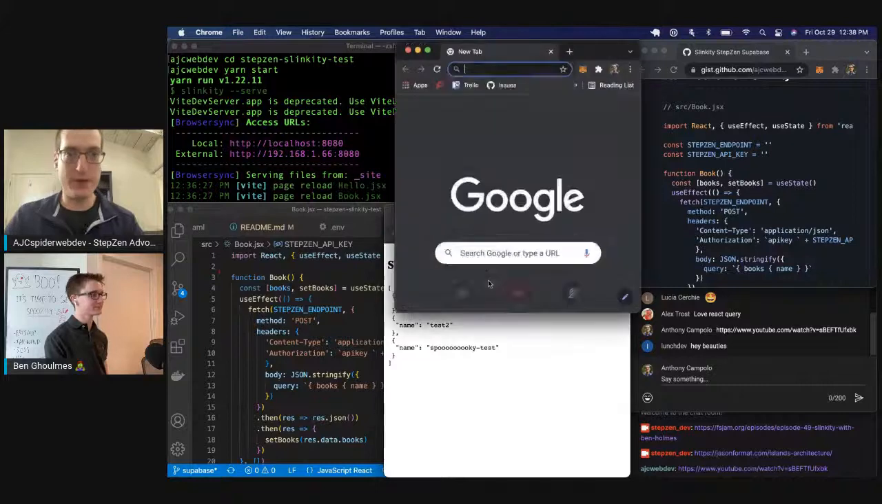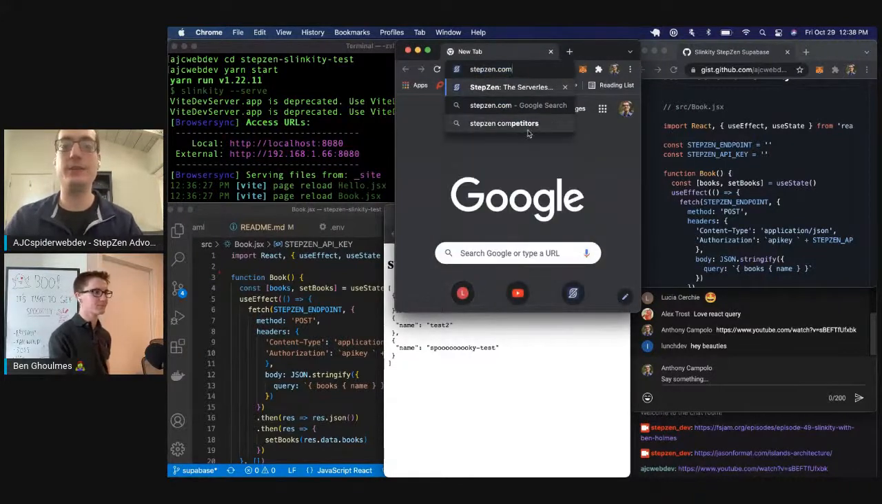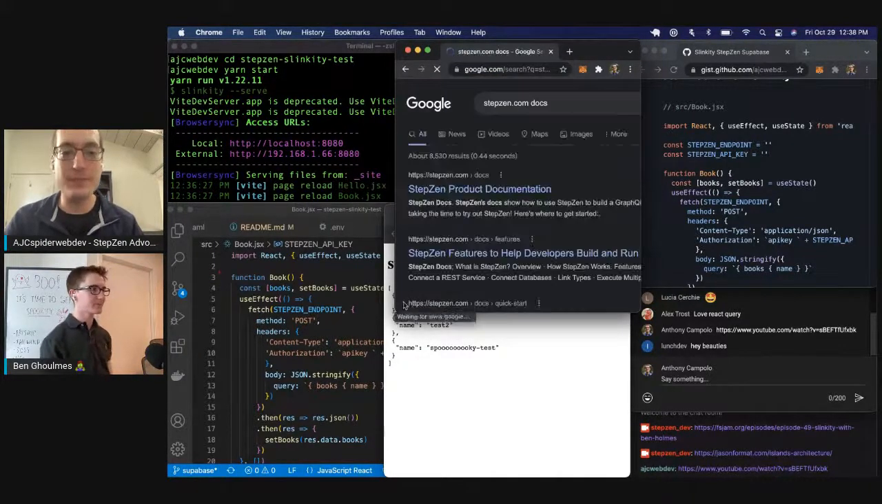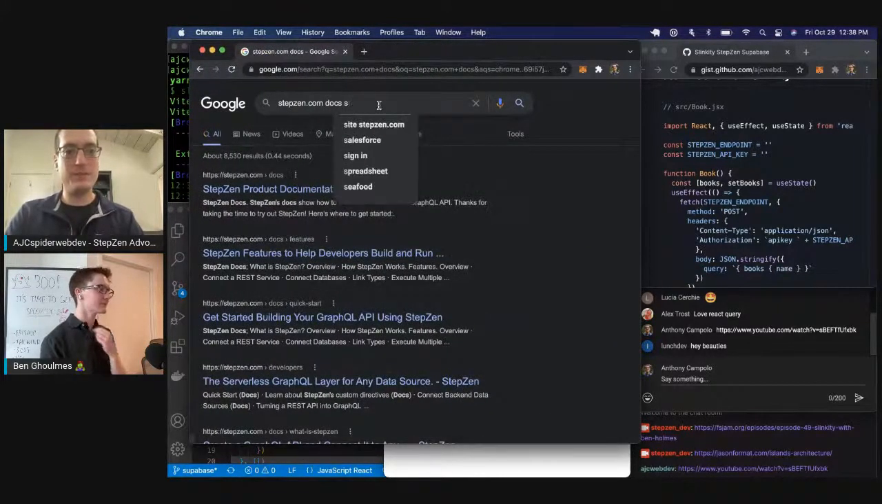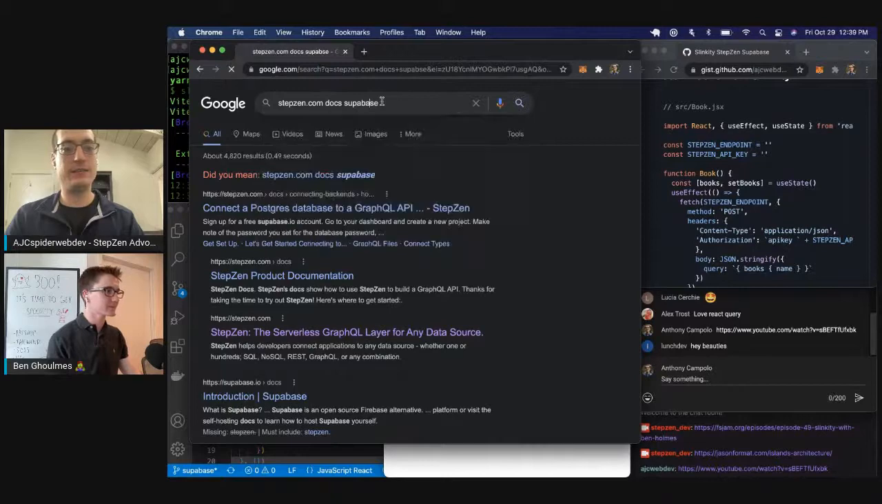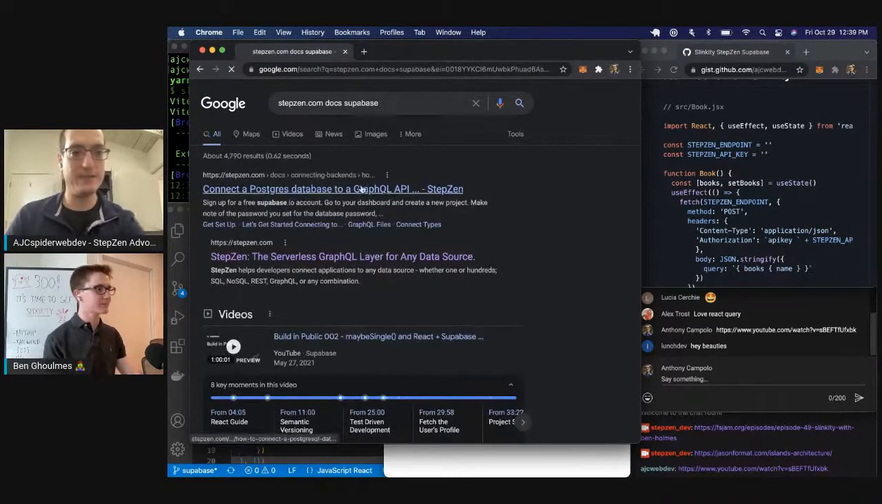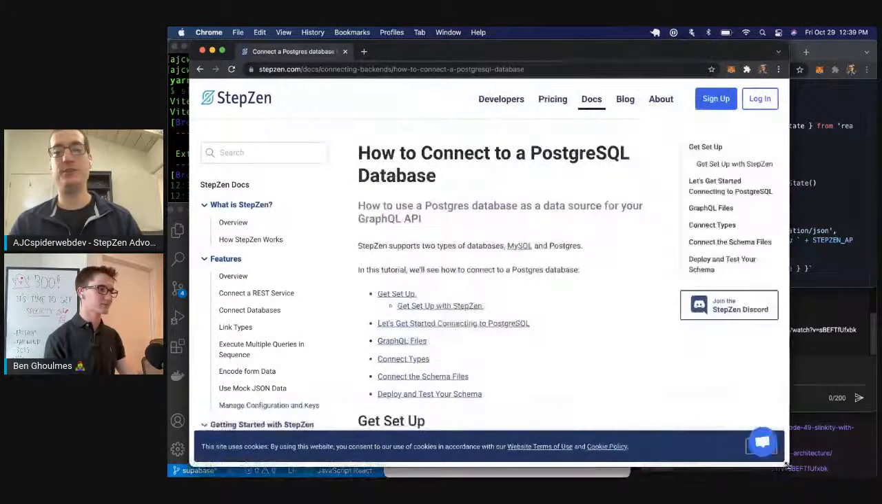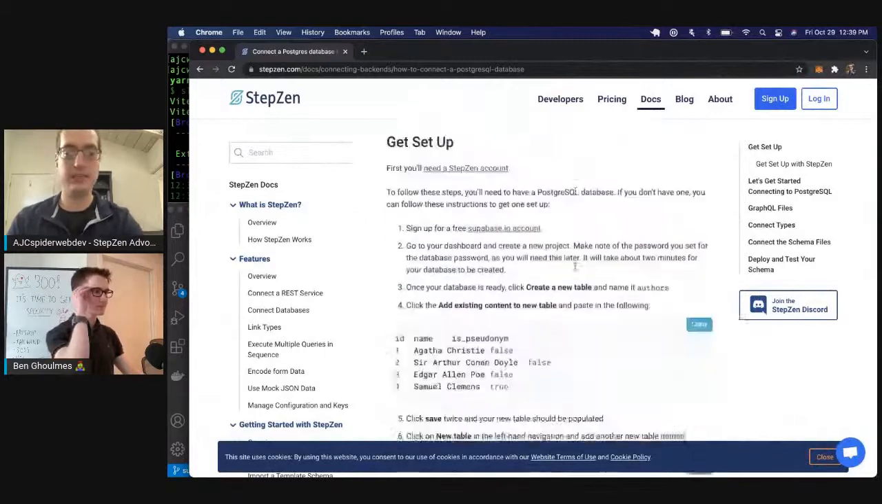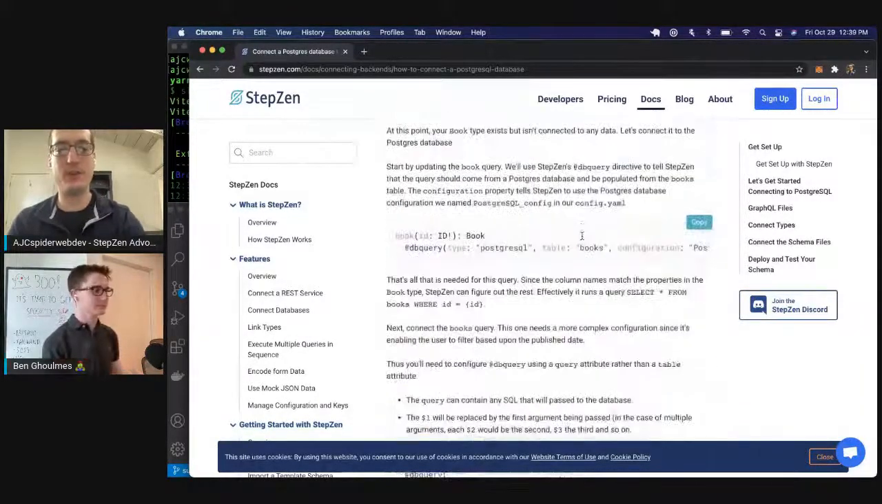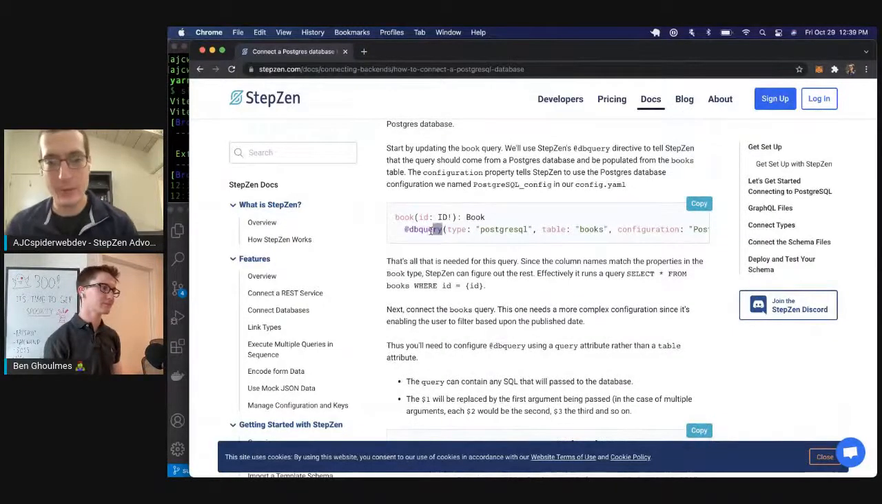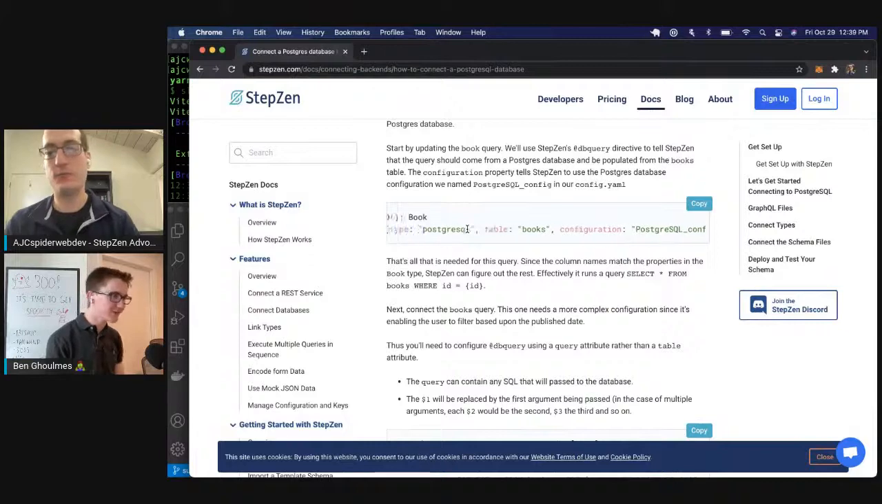So it's also worth pointing out, sorry about that noise, I'm in the noisy city of Oakland. If we check out our docs here, we actually have some docs showing how to connect to Supabase without using their REST connector. So there's another thing we have called @dbquery. And with @dbquery, you literally just